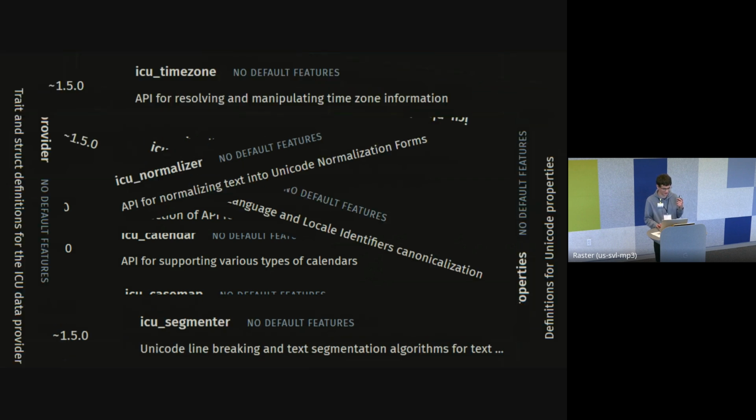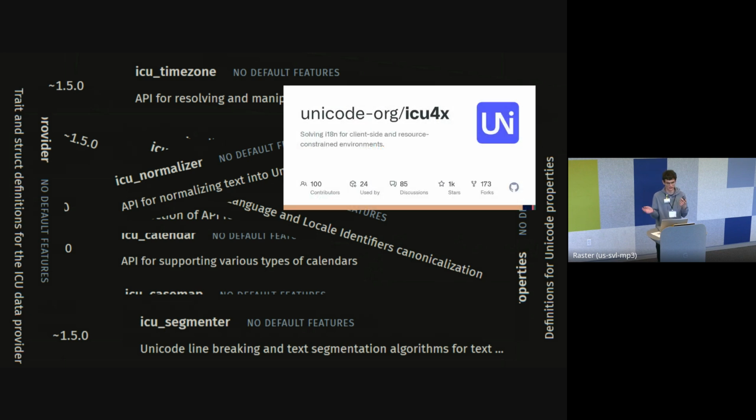Look at all of these different crates. That's a lot of functionality, and it's all in Rust, right? So obviously, this is not a hypothetical. This exists in ICU4X. We have all of this functionality, and it all exists in Rust, which is nice, but